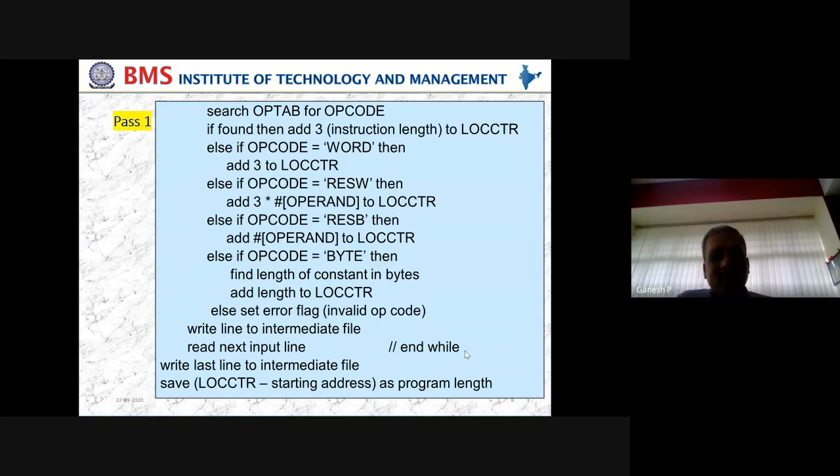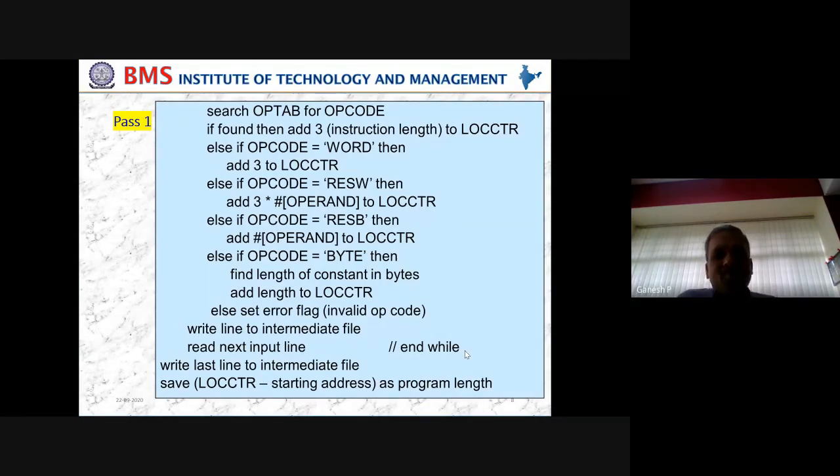Now that part is done. So the opcode is over. But what else can an opcode be? It can be an instruction, or it can be an assembler directive. If it is an instruction, you add 3. If it is an assembler directive, then some action we have to take. Again, we have seen 4 assembler directives so far: RESB, RESW, WORD, and BYTE. So accordingly, how are we going to process them? If it is not an opcode, it can be WORD, or BYTE, or RESW, or RESB. Since we know the difference between these four, you should be able to understand it clearly.